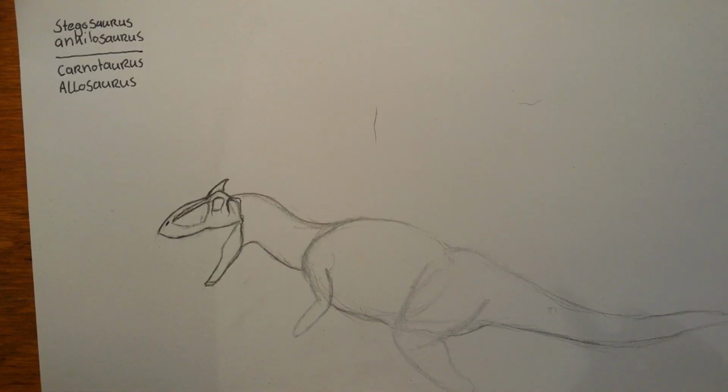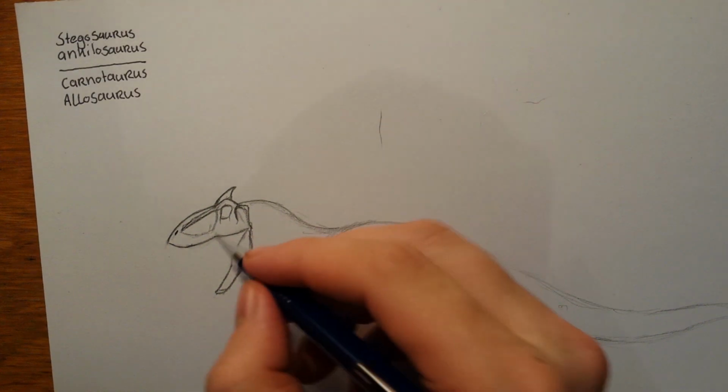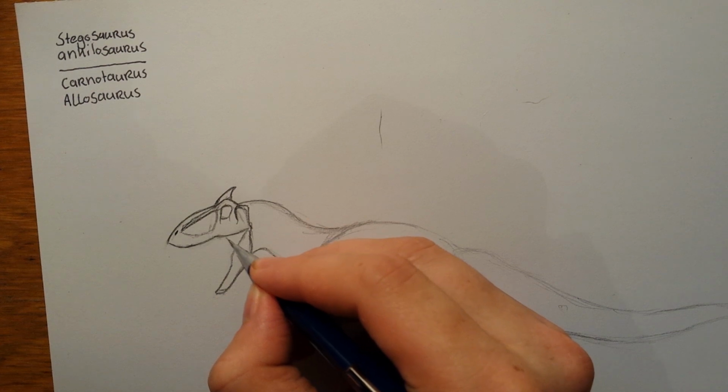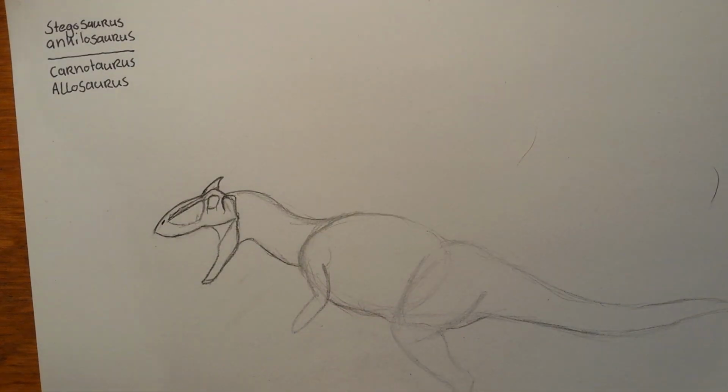So right here I shaped his head a little bit after the Carnotaurus head, and also a little bit after the